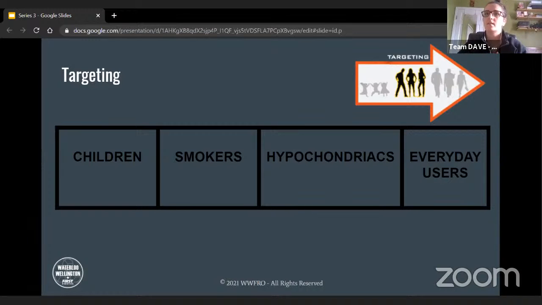Undifferentiated marketing is the best option to focus on the market as a whole and to promote products to a wide target segment, whereas differentiated and niche marketing are more specialized and focus on smaller, more selective segments. So in this case, we are going to think about children. To target children, we want to think about, again, they're looking at tasty. They want something that is going to taste good, like bubble gum. They don't want mint. They want fun flavors to actually get them to use the product.